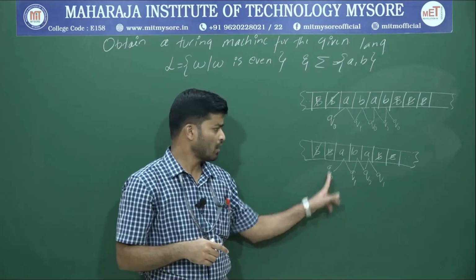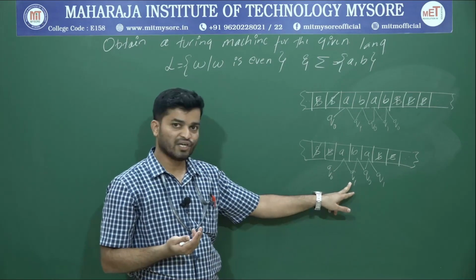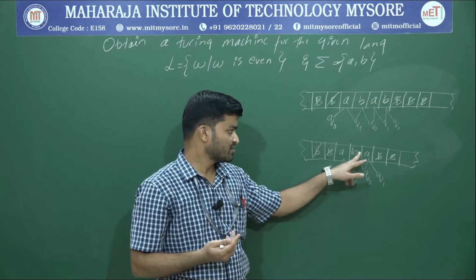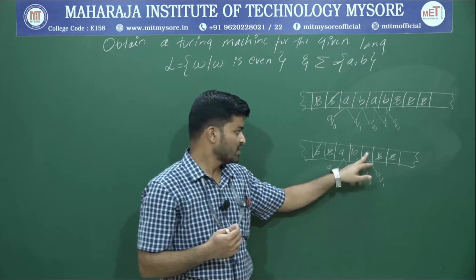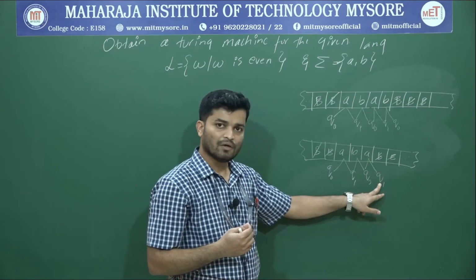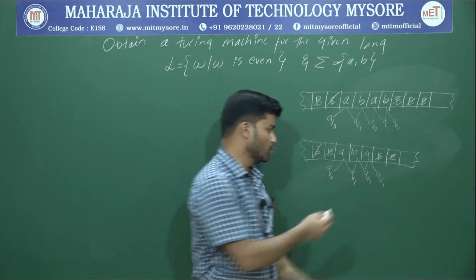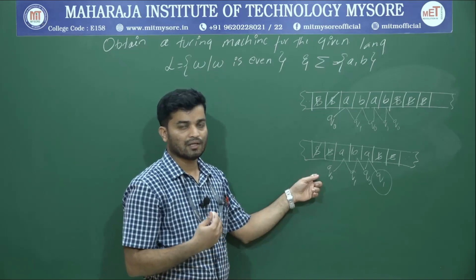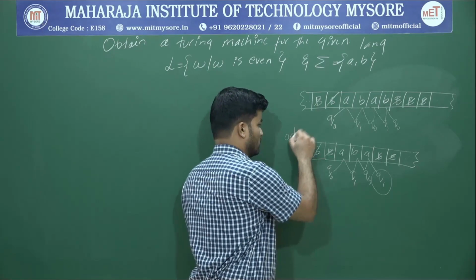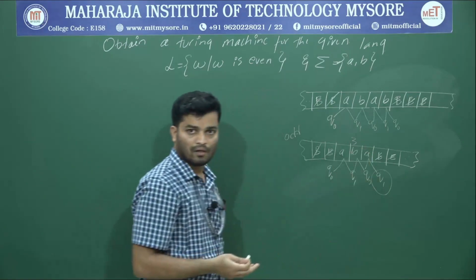I am just interchanging the state. Start from Q0; upon reading some input, either A or B, just change the state. Again the same thing: read the input, maintain it as it is, and change the state. Once the string is over, once you get a blank space, and you are in state Q1, whatever string is given is of odd length. Just check here: what is the length? 3. 3 means odd.